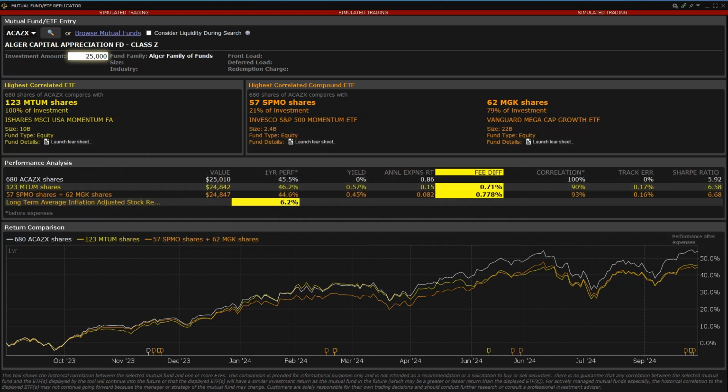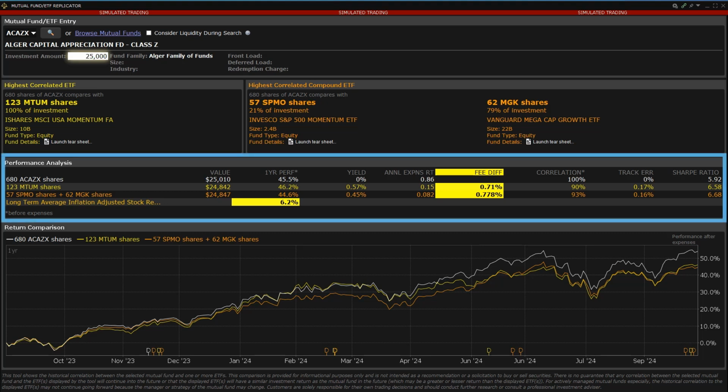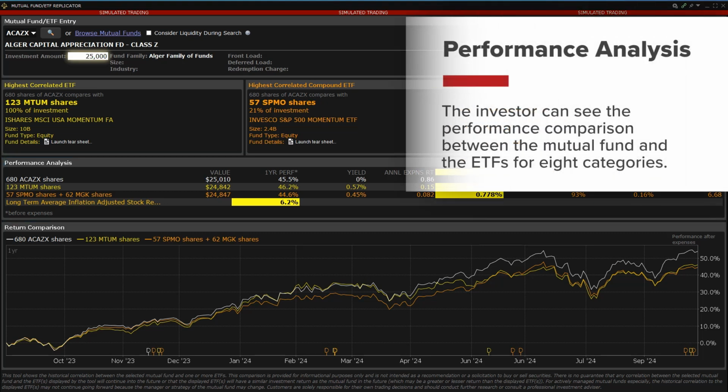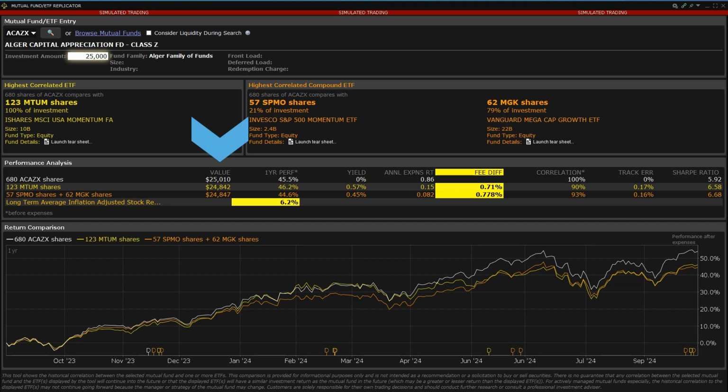Directly below the ETF display is the Performance Analysis section. In this section, the investor can see the performance comparison between the mutual fund and the ETFs for 8 categories: the value of 100 shares of the mutual fund and the comparable quantity of the ETF, the 1-year performance of both the mutual fund and the comparable quantity of the ETF, the 1-year dividend yield of both the mutual fund and the comparable quantity of the ETF,